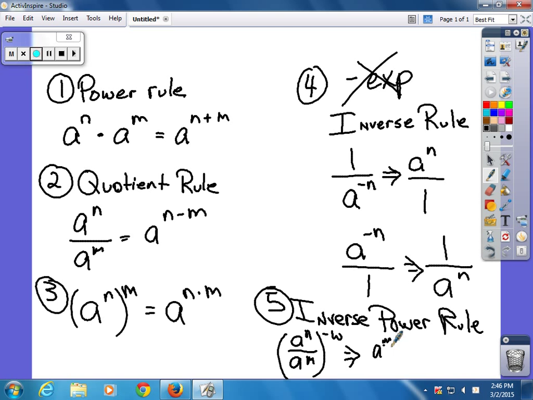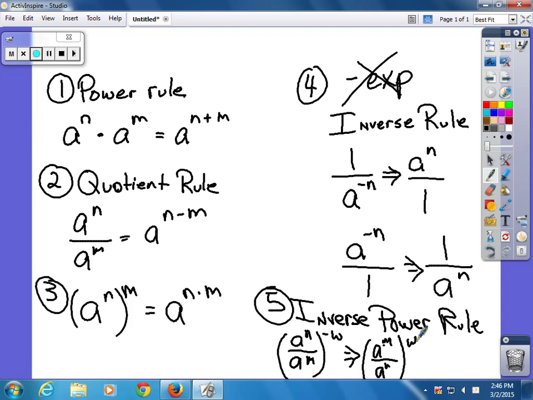So a to the n over a to the m raised to the positive w power. Now those are your 5 basic